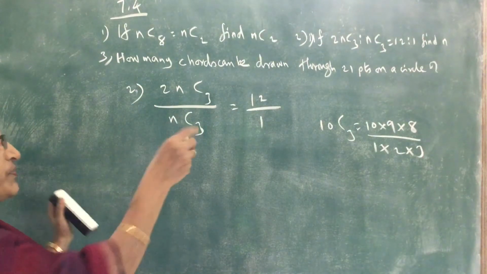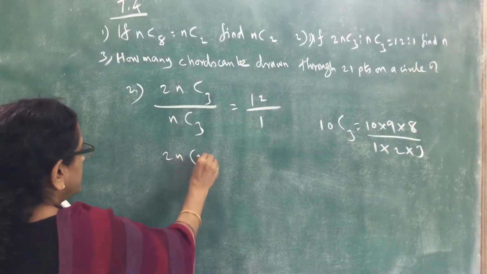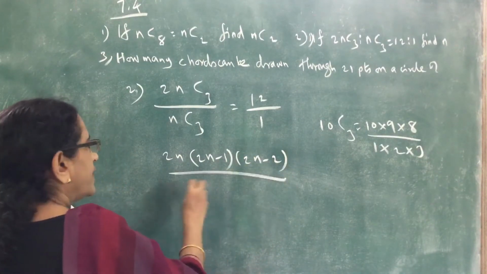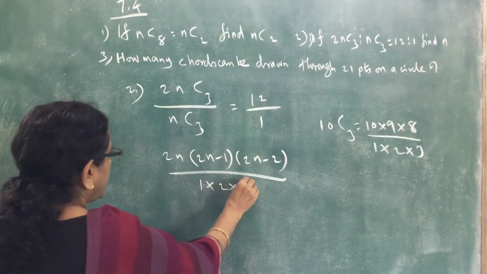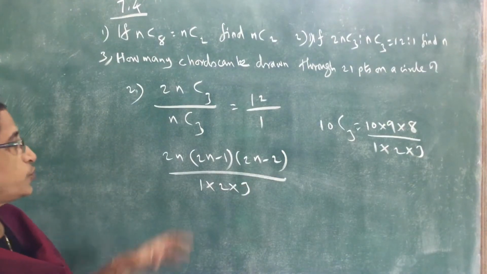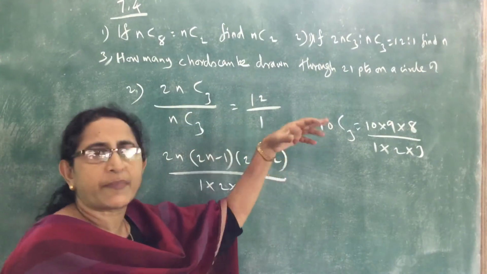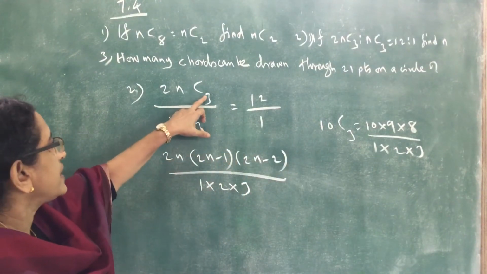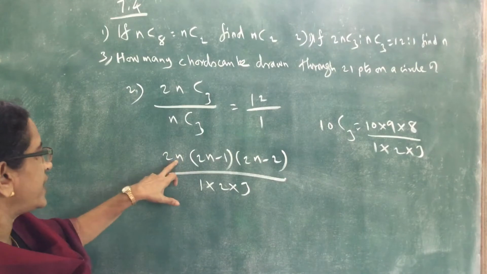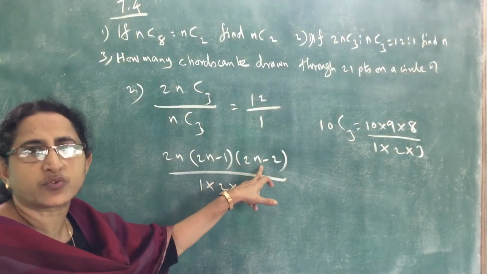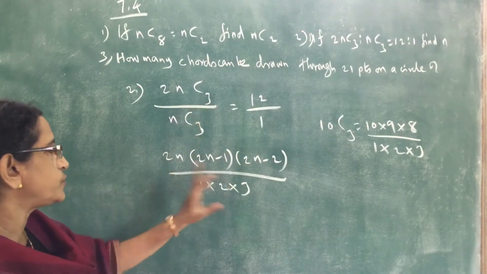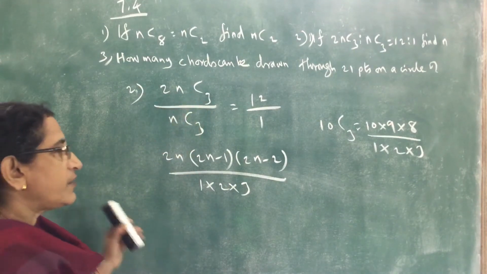2n into 2n minus 1 into 2n minus 2 divided by 1 into 2 into 3. That is 2nC3. See 10 into 10 minus 1 into 10 minus 2, like the 3 numbers we have to multiply. Here 3, therefore 3 numbers: 2n, 2n minus 1, 2n minus 2. Divided by 3 factorial, that is 1 into 2 into 3. That is 2nC3, divided by